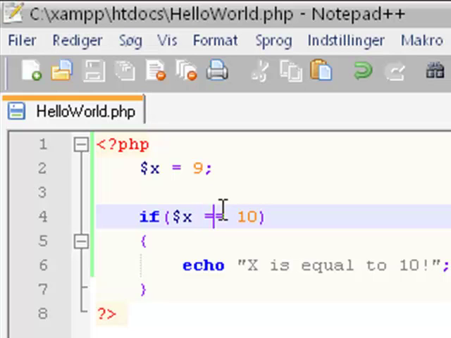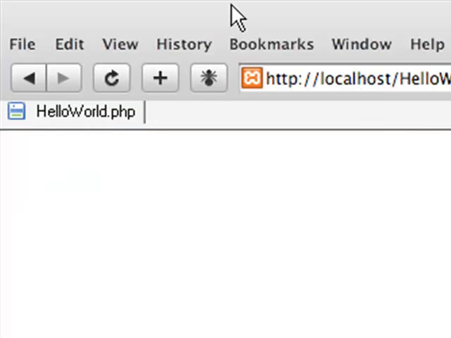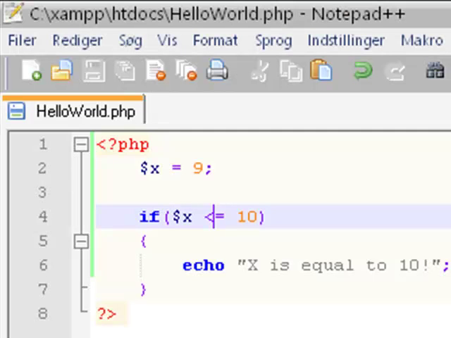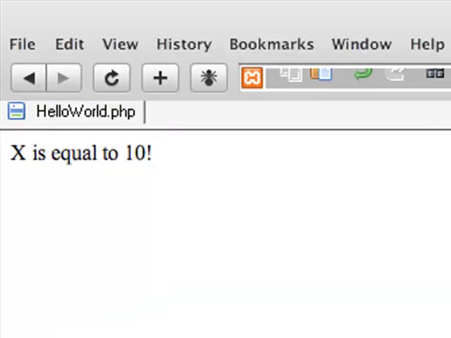So now what if you change this to a smaller than sign, hit save, and refresh it, then you'll see that it says x is equal to 10. That's because right now we say that if x is either smaller or equal to 10, it'll print out x is equal to 10. So what we actually do is accept two terms. It is okay if x is smaller than 10, but it's also okay if x is equal to 10. And x is smaller than 10, and that's okay too, so that's why it prints out x is equal to 10. Now if you remove this equal sign, hit the save button